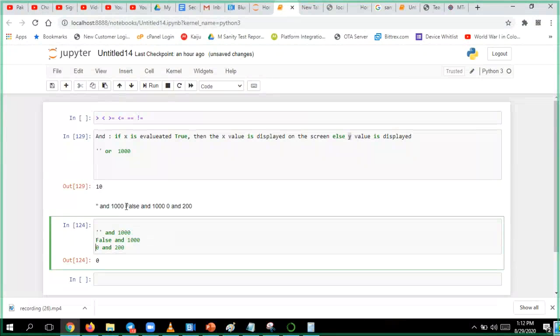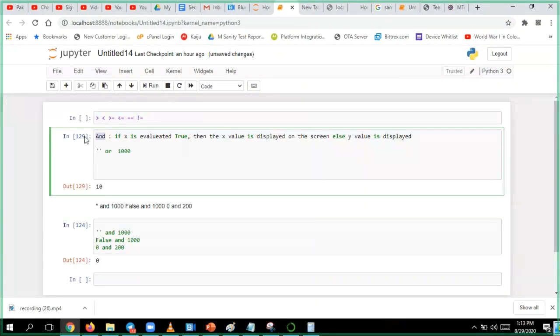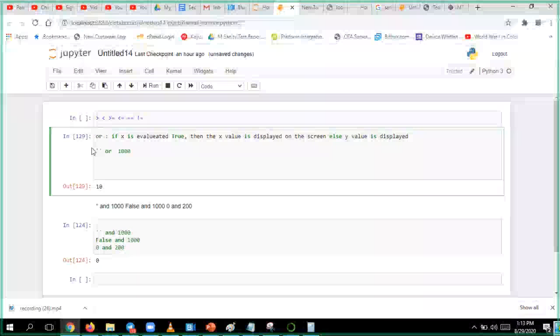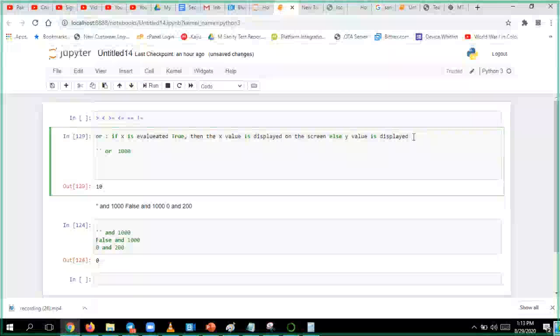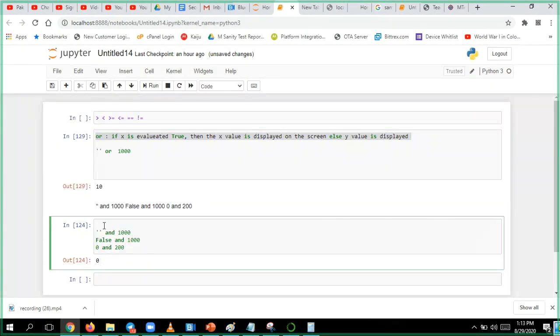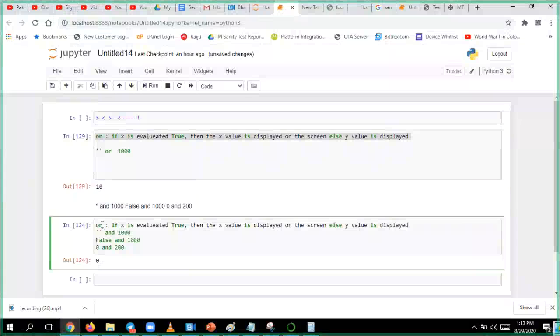Now if X is evaluated, this is our condition, then the X value is displayed. So looking at this, I have written, you take this: for the AND condition, what happens?